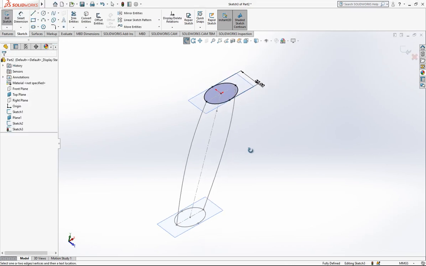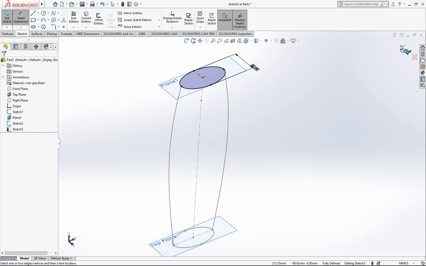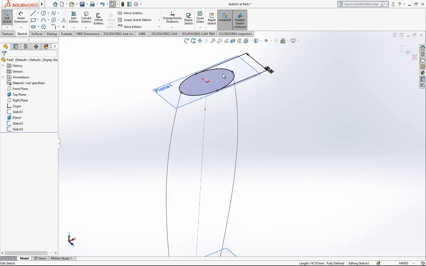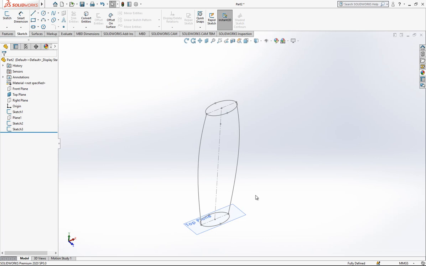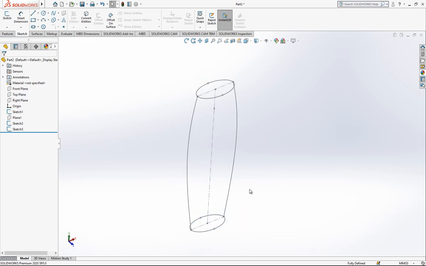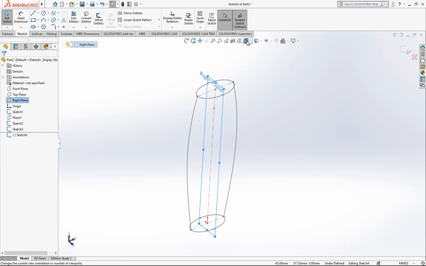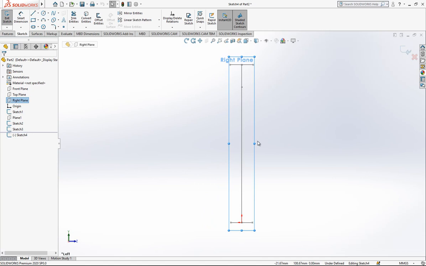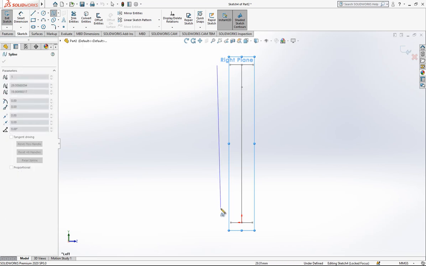Yes, this is what we are searching for. We just only give dimension from one point because the other point is constrained to our curve, and we can hide this plane. We don't have to work with that. And now we can add on the right plane our extra guidelines where we look from right plane, and here again spline,